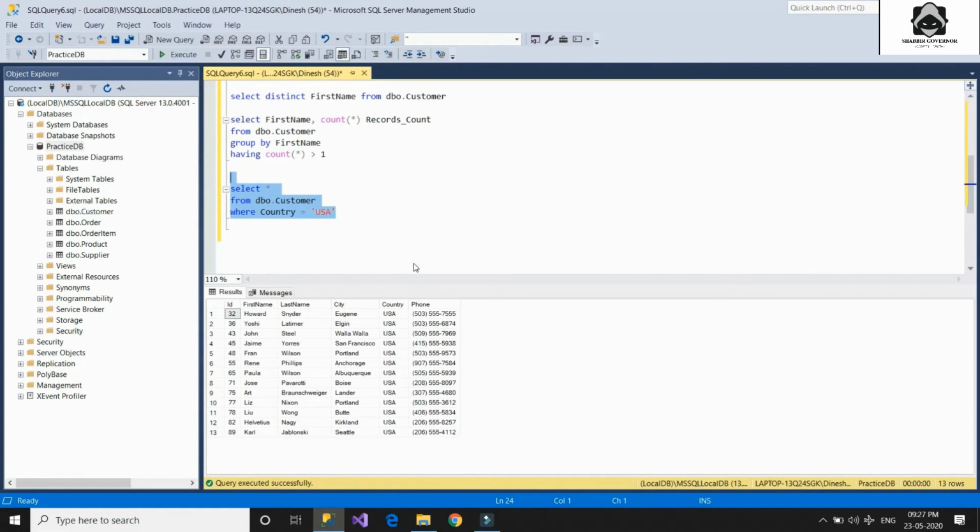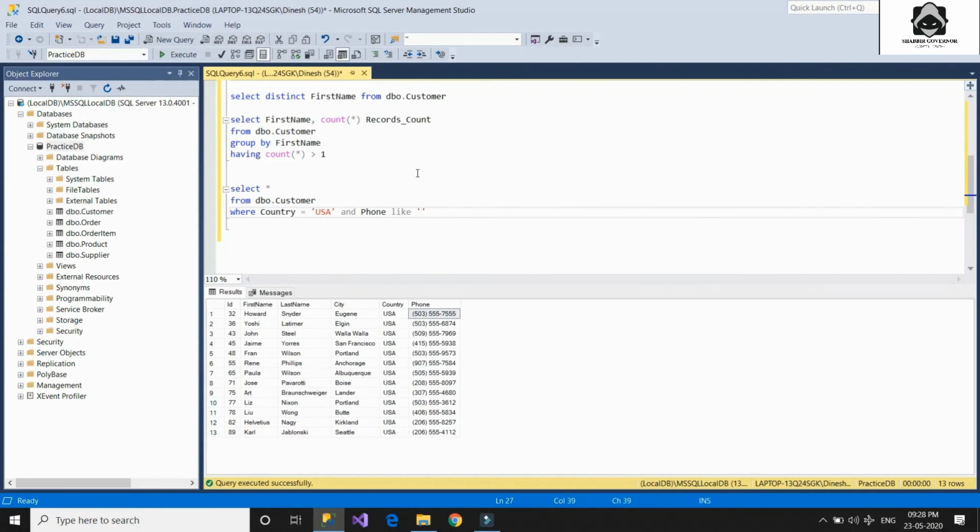And one more thing we can apply on this is that we'll check for the phone numbers from this table which are starting from 50. So for doing that, you just need to use the like clause. So we write where country equal to USA and phone number field is like, and we write whatever you want to search for in this wildcard like clause in quotes.